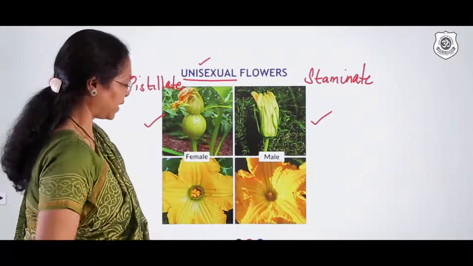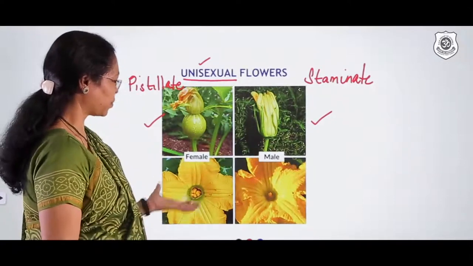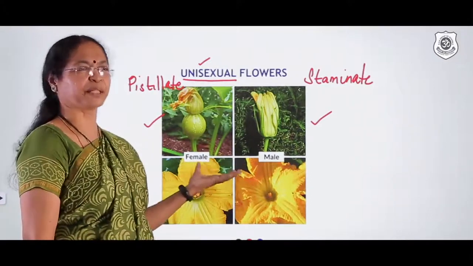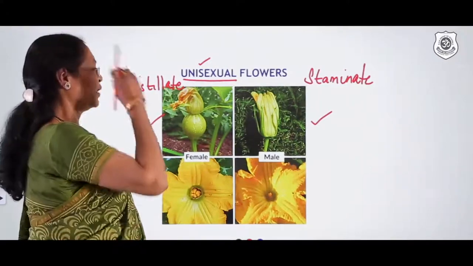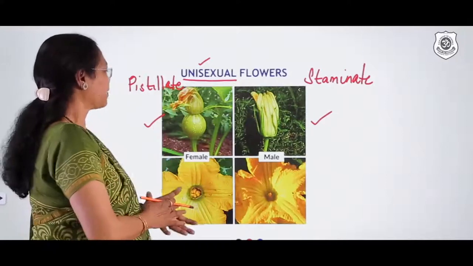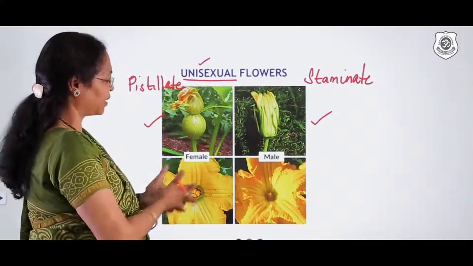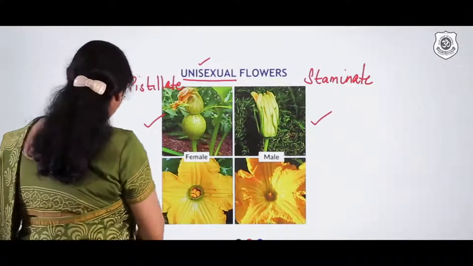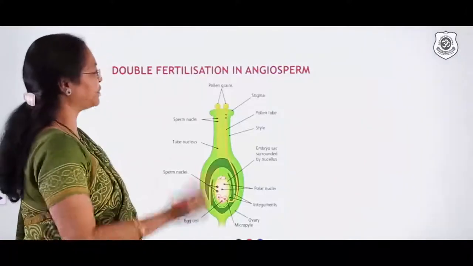Very good examples are, I will go with the cucurbita family. Papaya is a very good example of a unisexual flower. The cucurbit family are very good examples of unisexual flowers. So taking for granted that you've understood,